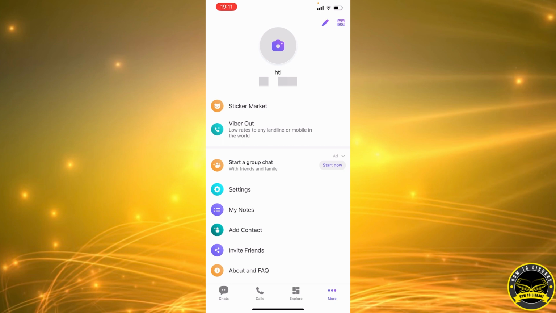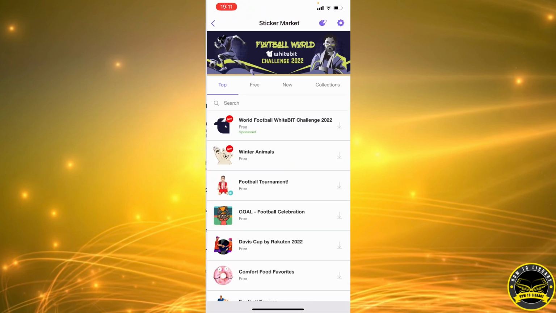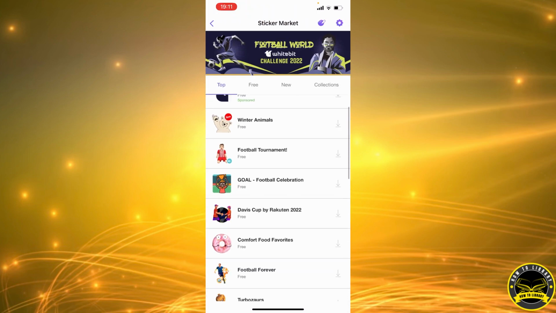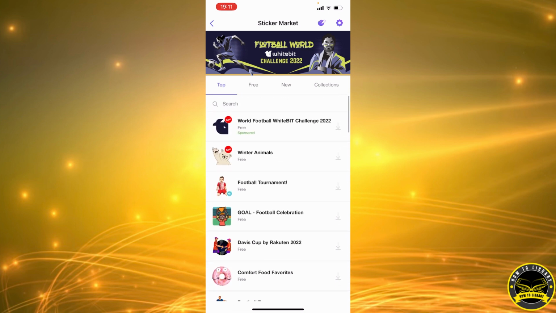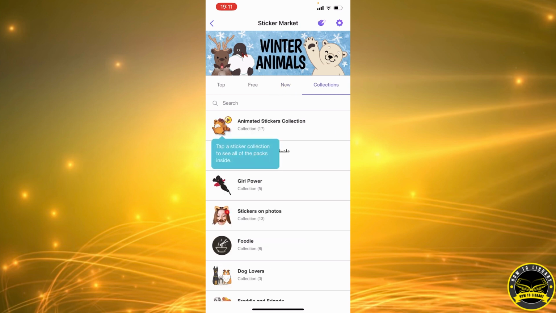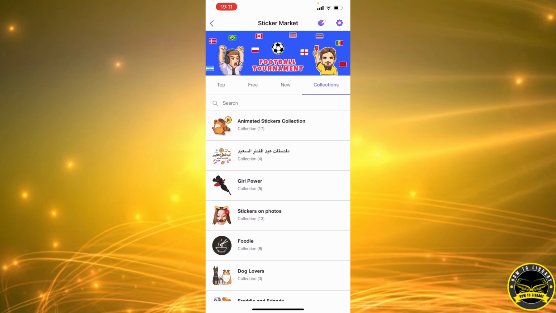So let's get started. As you can see under the photo, name, and phone number, the first option we have here is Sticker Market. So we're gonna go ahead and click on that. As you can see, all the top stickers are here, but you have an option to see all the free stickers, all the new stickers, and all the stickers collection. You can also search if you want some particular sticker, for example, Christmas, Thanksgiving, summer, Happy New Year's Eve, something